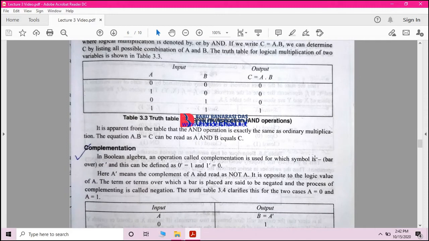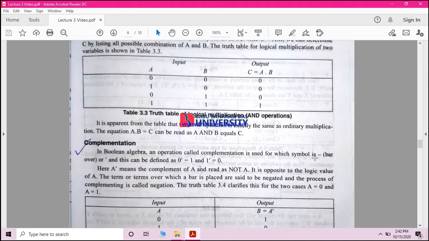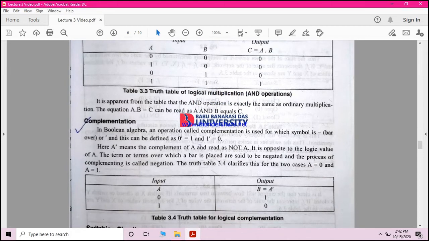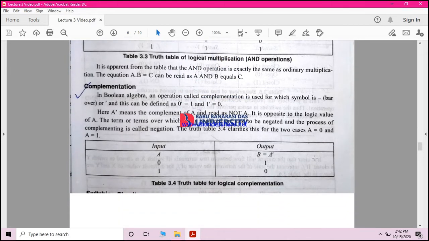We can simply say that if you perform A intersection B, it is equal to the AND operator. So the AND operator is either an AND operator, a product operator, or a multiplication operator, or it is simply A intersection B. The next is complementation. Complement simply means